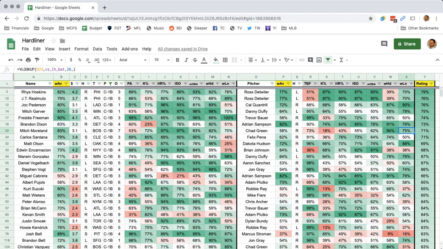Brandon Dixon, you can see that weighted average here in column B, 82, 75, 80, 85, 90, 63. So this is a guy who sees a big jump because the opposing pitcher sucks. Sampson is not good against righties. As a righty, 82% weighted average. So Brandon Dixon gets a jump there. The guy strikes out a lot, but Sampson doesn't strike anyone out. Dixon, 87th percentile home run rate, 76th percentile ISO, 80 percentile weighted hard, but the WOBA and the weighted line are low.